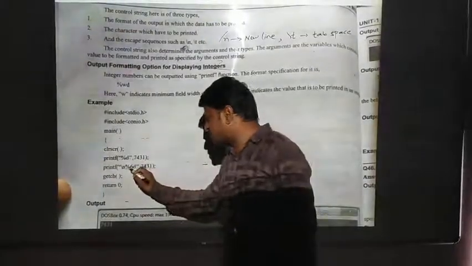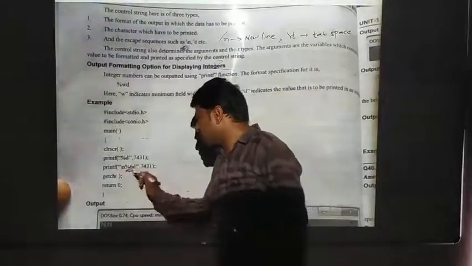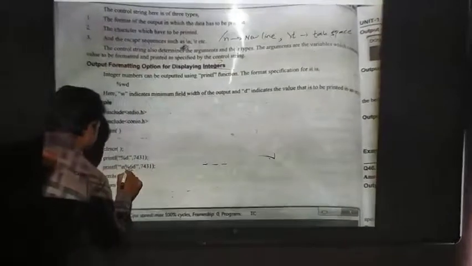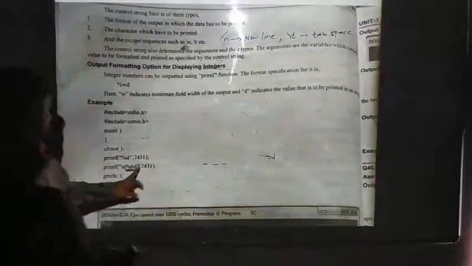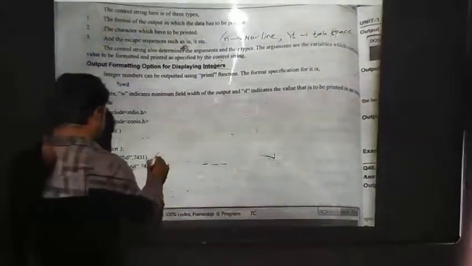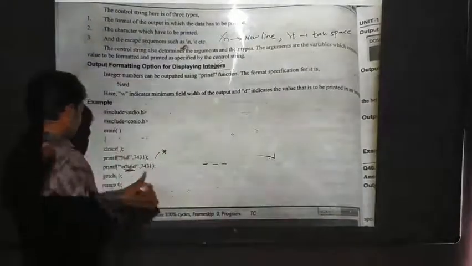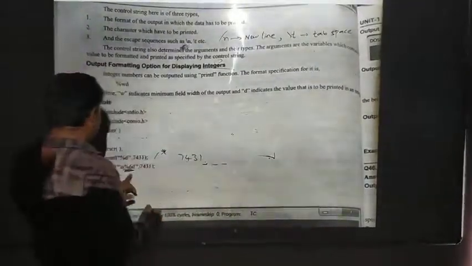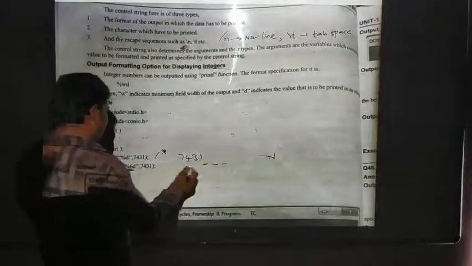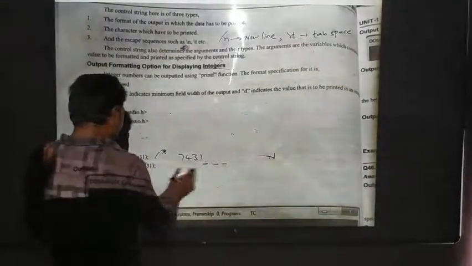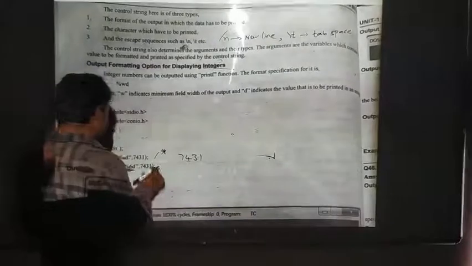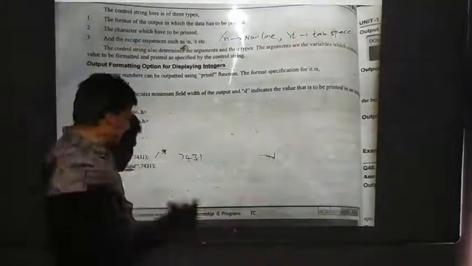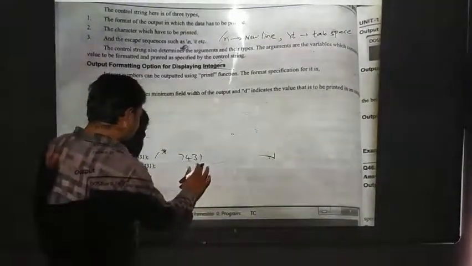Here %6d means what? This is the width. It means in 6 places it will be printed. Suppose 7431. In this case 7431 will be printed as 7431 only, whereas for %6d it will be printed by leaving spaces. It will count completely 6 spaces: 1, 2, 3, 4, 5, 6.